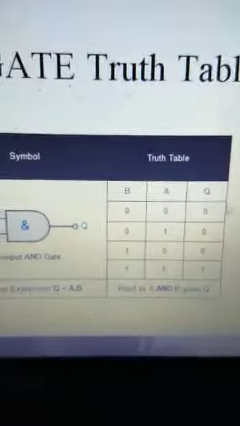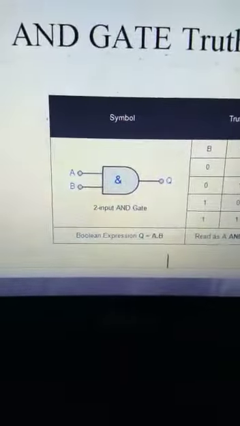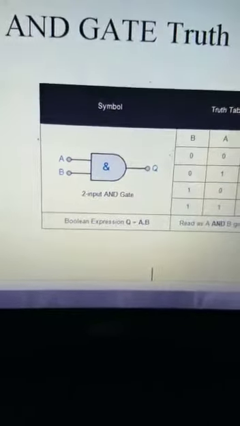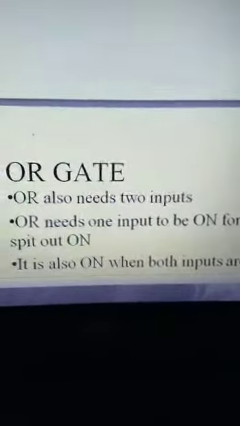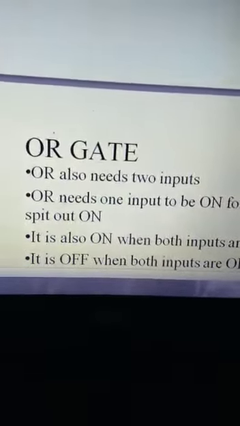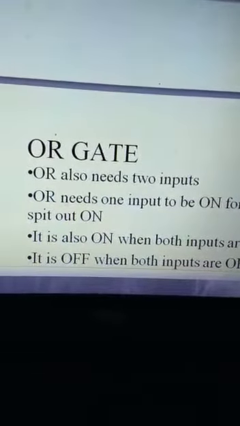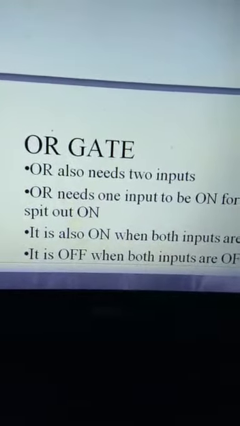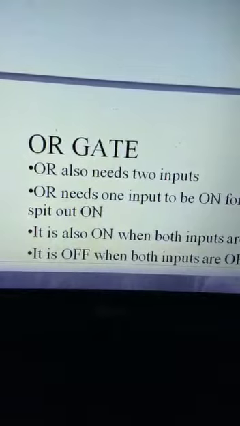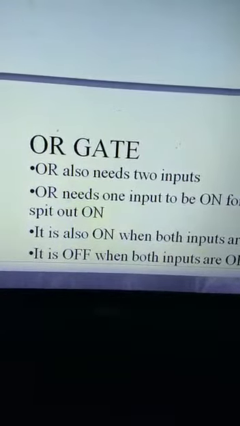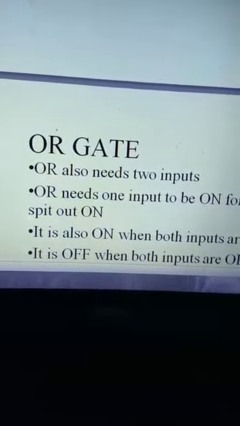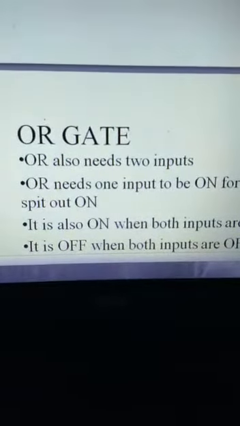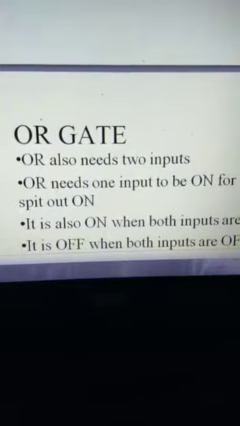So in each and every case, this follows the multiplication rules. Next, come to the OR gate. The OR gate also has 2 inputs, but it will not multiply the inputs, it will add them. So for that reason, if any one input is 1, it will give you the true value. What is the true value? It is 1. Okay.